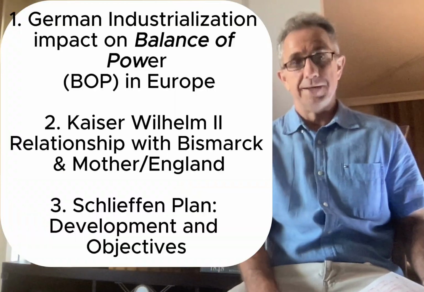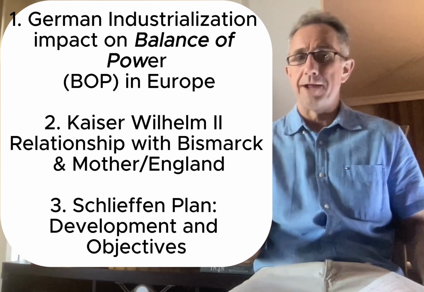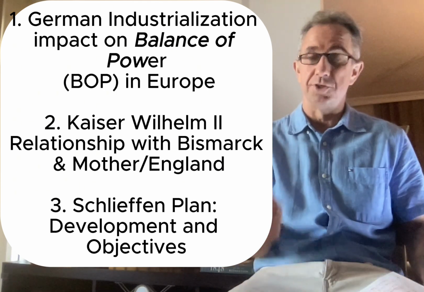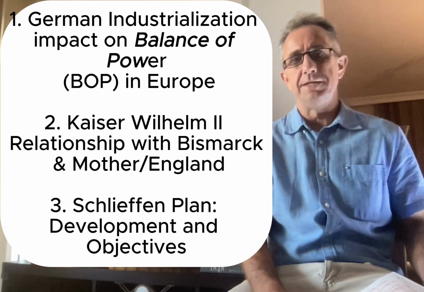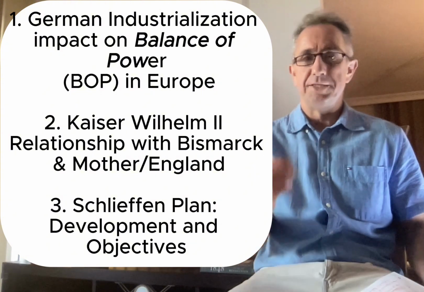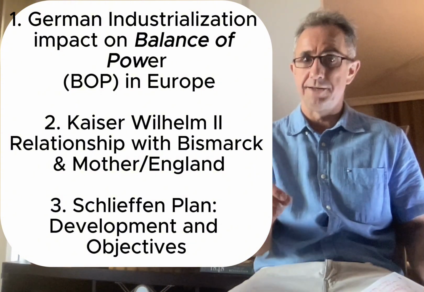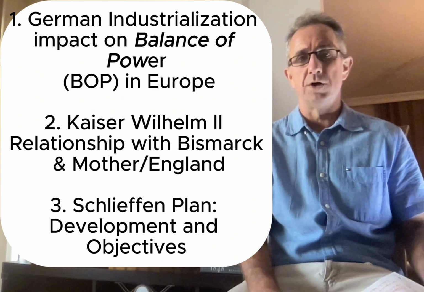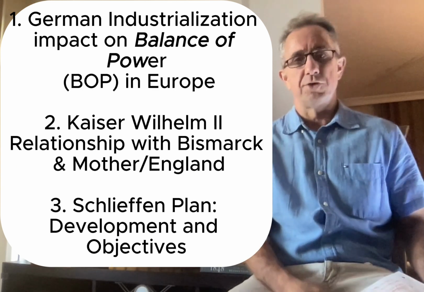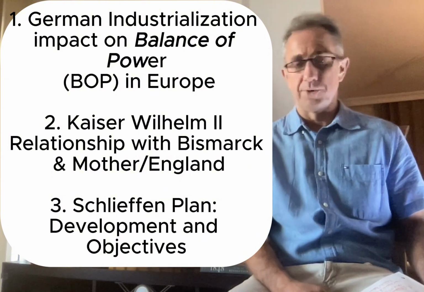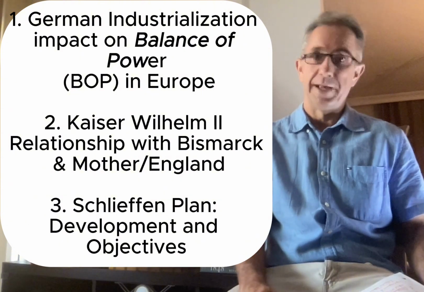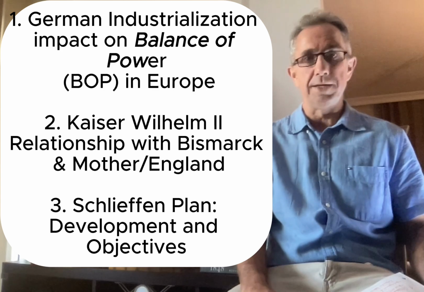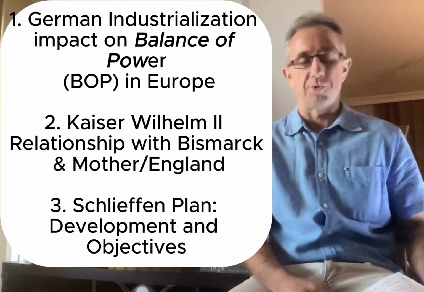So without further ado, let's take a look at what we are going to look at in detail in this video clip. Number 1, we're going to look at German industrialization in the second half of the 19th century and what that means for the peace, the stability, the status quo established in 1815 at the Congress of Vienna. This peace in Europe. Remember, Benjamin Disraeli said shortly after German unification in 1871 that Germany now constitutes the greatest threat to European power, and especially to British power. And what the British love, the BOP, or balance of power in Europe.